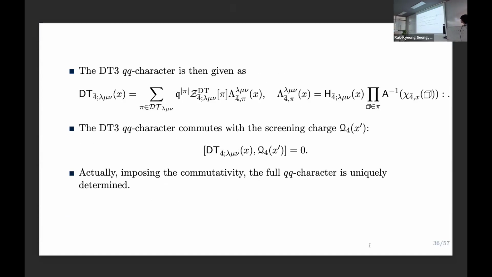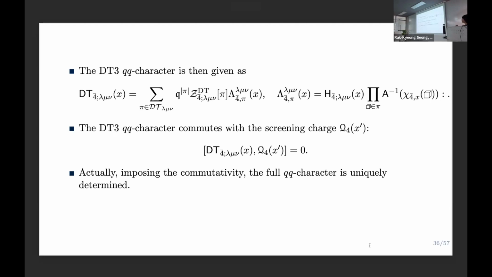And so the DT3 QQ character will take this form. And if you also study the relation with the screening charge, at the end it commutes. And you can also do it in the opposite way: imposing the commutativity with the screening charge, you can determine the full QQ character uniquely. So basically, the story of Donaldson-Thomas theory and the associated QQ character is almost straightforward once you determine the